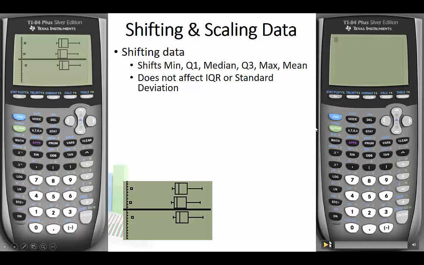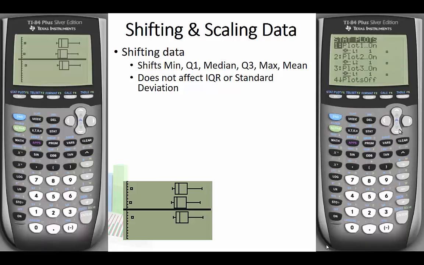All right, so let's go ahead and look at what happens when we plot the scaled data. So I'm going to do the stat plot, and this time I'm going to change plot 2 to L4. And I'm going to turn off plot 3 because I only have the original and the scaled data. So let's turn that off